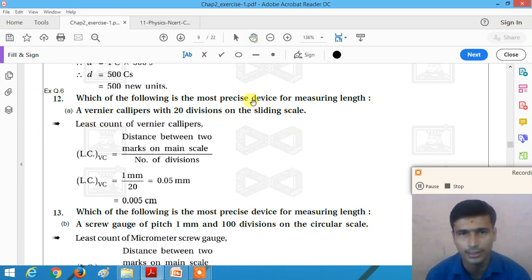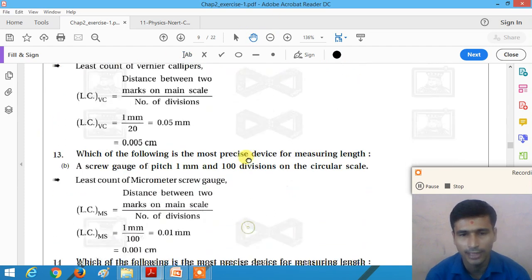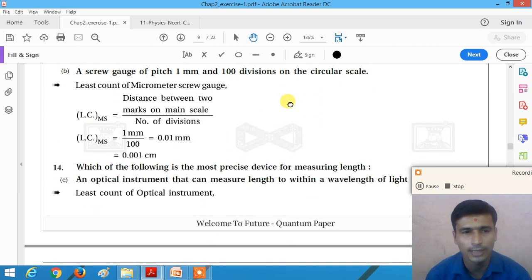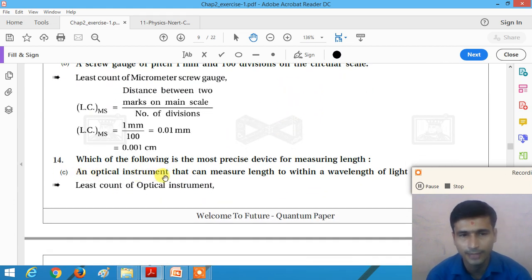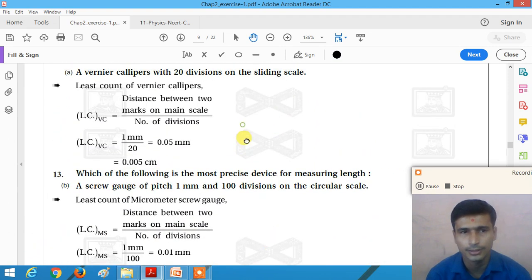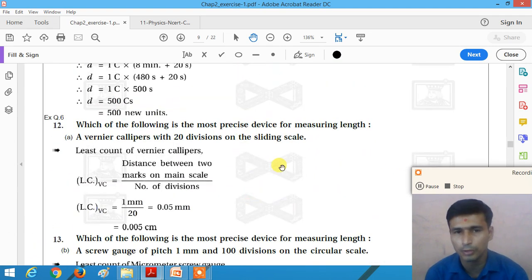Second one is a micrometer screw gauge of a pitch 1 mm and 100 divisions on a circular scale. And third one is an optical instrument that can measure the length within a wavelength of the light, right? So here, dear student, for the most precise reading, the least count of the measuring instrument should be